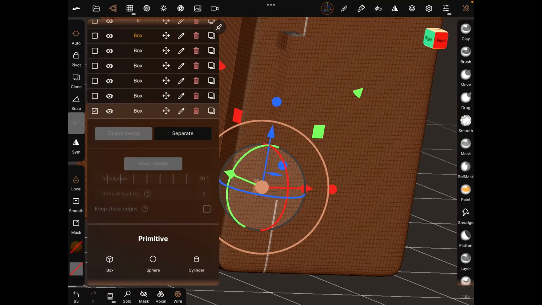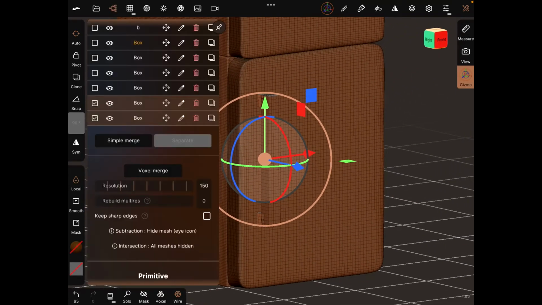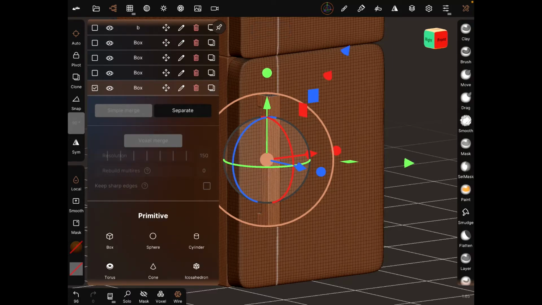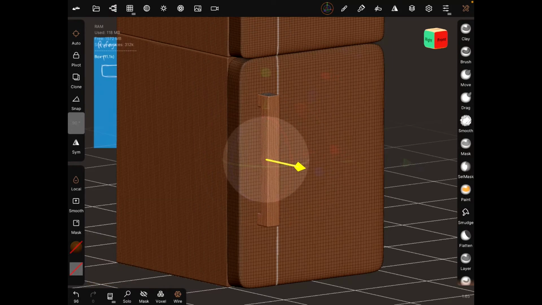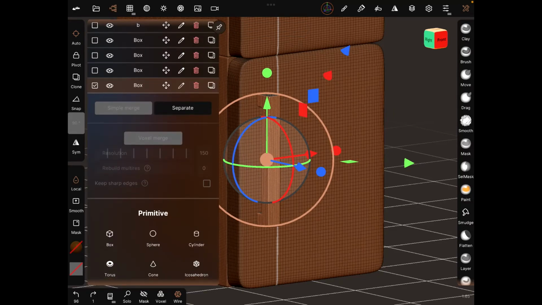So then select these two right here. And I think this one, right? And then do a box merge. All right. And then we can, yep, do that. So now we got